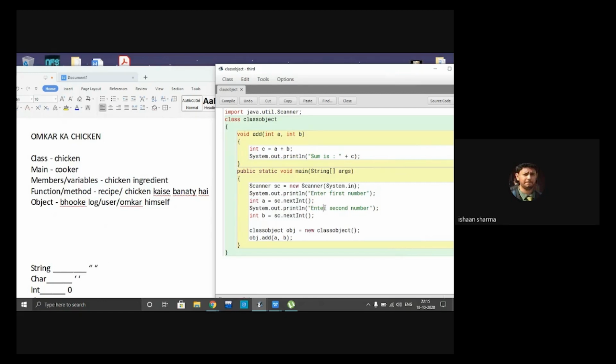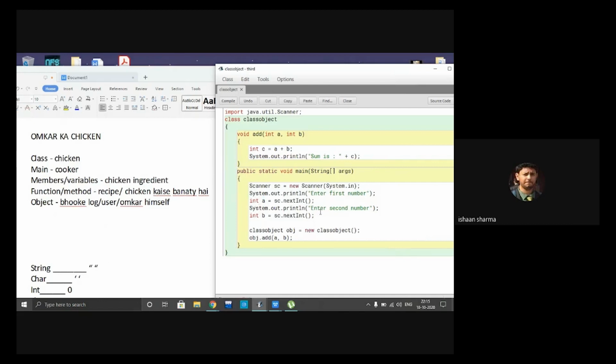After that, the cursor will come to the next line and execute the next statement, which is enter second number, and then it will take the input value and store it in variable b, which will have integer type data. Similarly, the first one will be stored in variable a.